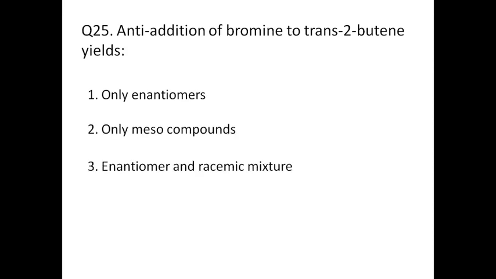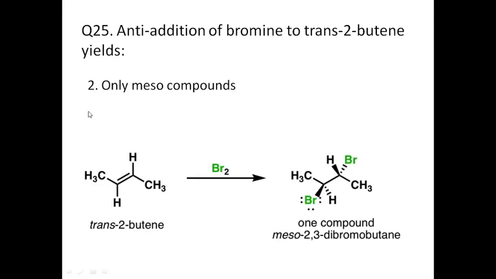Last question here. Anti-addition of bromine to trans-2-butene yields only enantiomers, or only meso compounds, or enantiomers and a racemic mixture, or only a racemic mixture. So let's see here. The right answer is only meso compound. And how this is the right answer, let's see here. This is trans-2-butene, and here is anti-addition. Anti-addition means